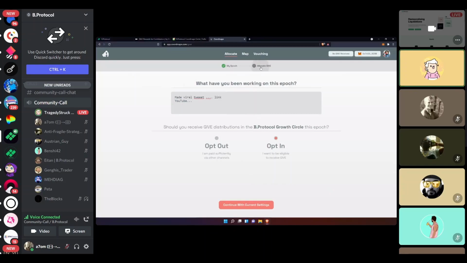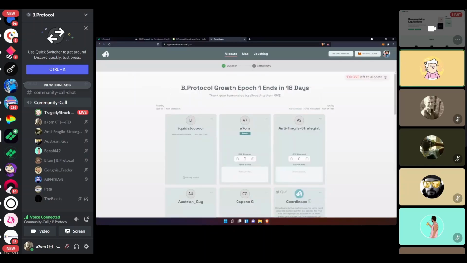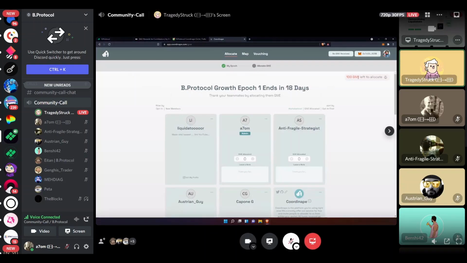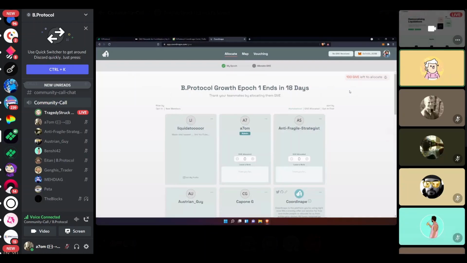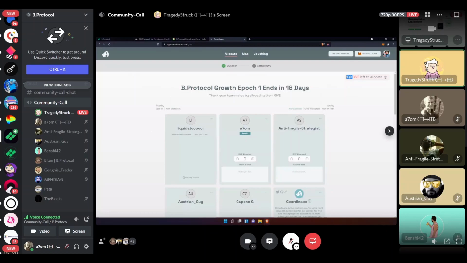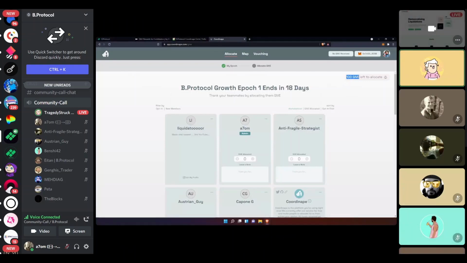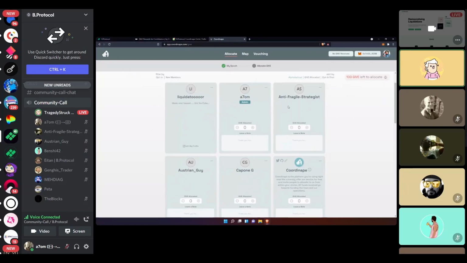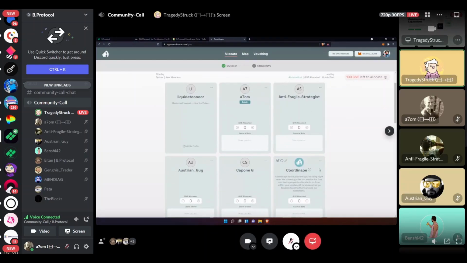So I'll just go to the allocation screen, and everyone that has joined will have 100 GIVE, which is not on chain, but it's like a pretend token. That's going to be the foundation for our B-Pro distribution. As I said, everyone has 100 of these, and you get to see the different participants in the circle.